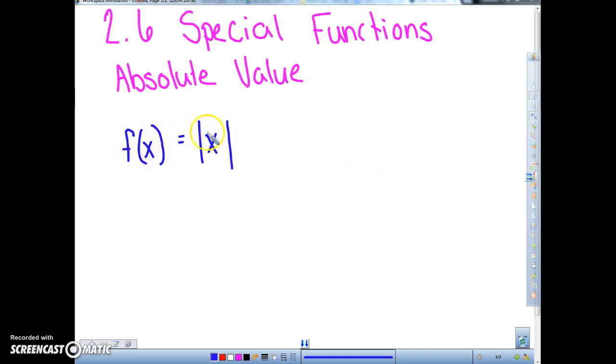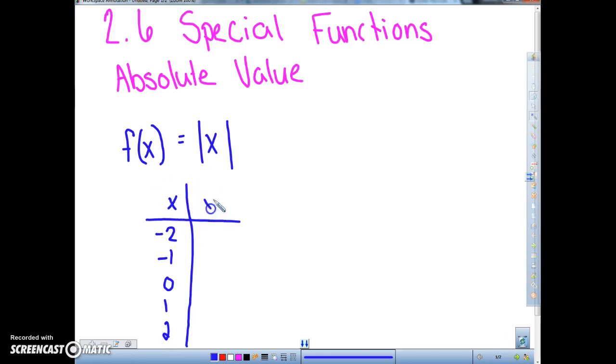When you're working with an absolute value function, the very first thing you do is make a t-chart. You can start with values that you like: -2, -1, 0, 1, and 2. But notice when you graph this, all absolute value functions form a V. If it doesn't form a V, you need to pick some more values. So what happens is you plug these in,